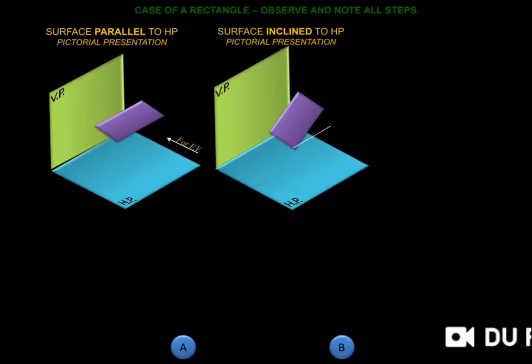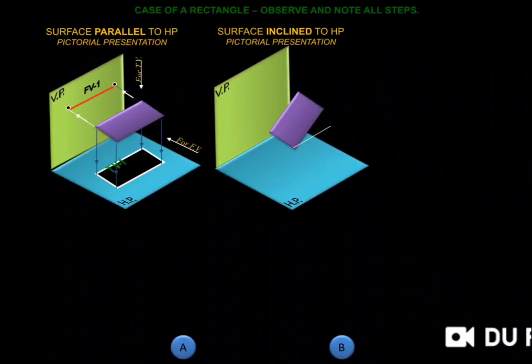Now when we observe the front view, only a single line will be observed. The projection has been taken; that is the front view. In the top view, we will observe the rectangle in actual size because it is parallel. And in this second case, when the surface of the plate is inclined to HP, the front view is an inclined line, that is the red line shown here. The top view is apparent.